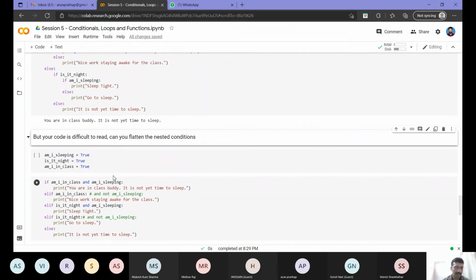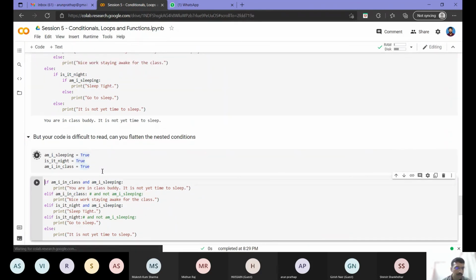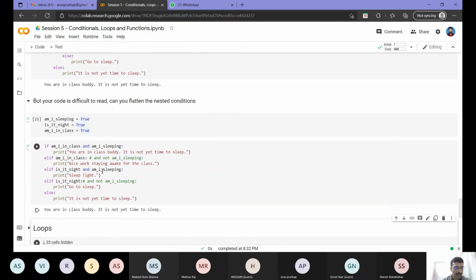This is more readable, right? Both will give the same output. Both will work exactly the same way. But from the readability or elegance point of view, this one is more readable, right? So I hope we cover the basics of if else. This should be enough to get us going and implement the basic functions. Now we will be seeing if else further down when we see more examples.